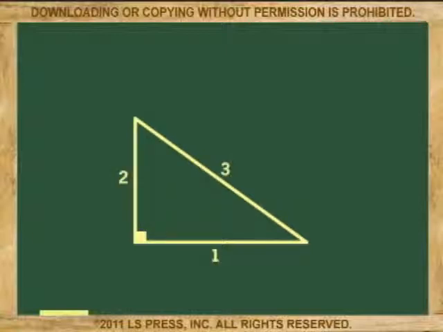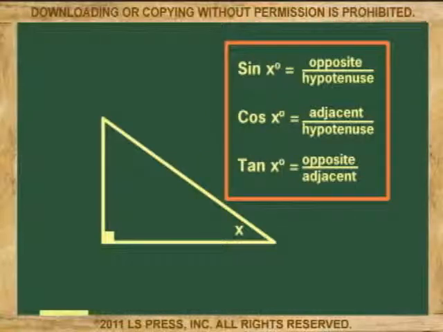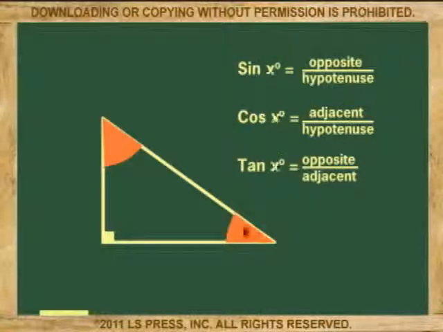Because a right triangle has 3 sides, there are 3 basic trigonometric ratios to study. There are more ratios, but because this is an introduction, we will only study 3. The 3 ratios for each angle are the sine ratio, the cosine ratio, and the tangent ratio. In trigonometry, we only compute the ratios for the angles that change. This means that the 90-degree angle of the right triangle will have no ratios.